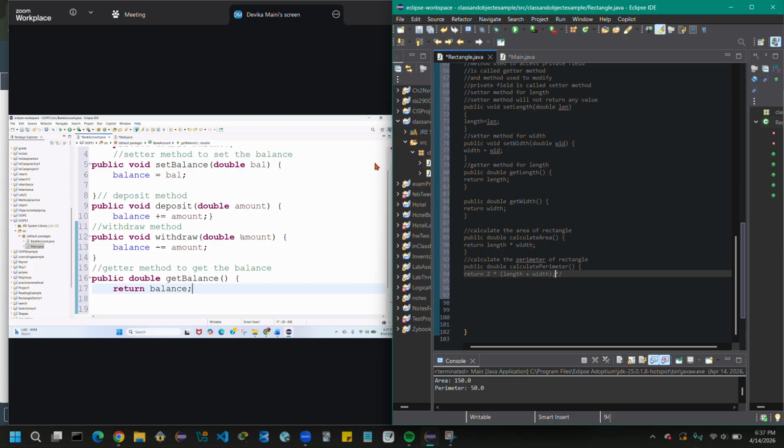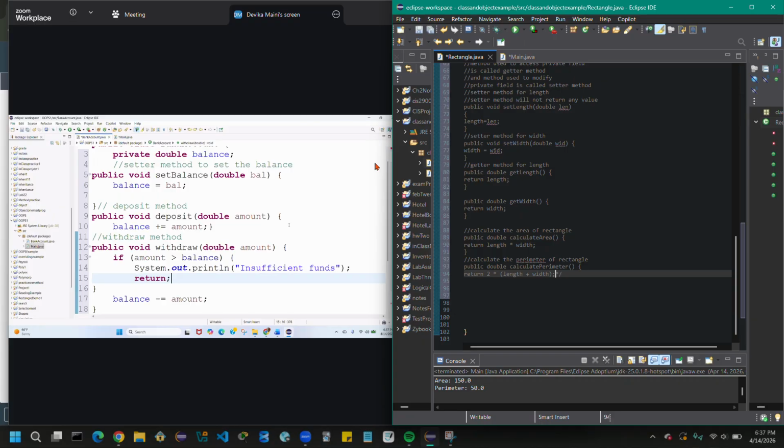Okay. Next thing, you can also add in the withdraw method if amount is greater than balance or equal to balance, insufficient fund, and then return.